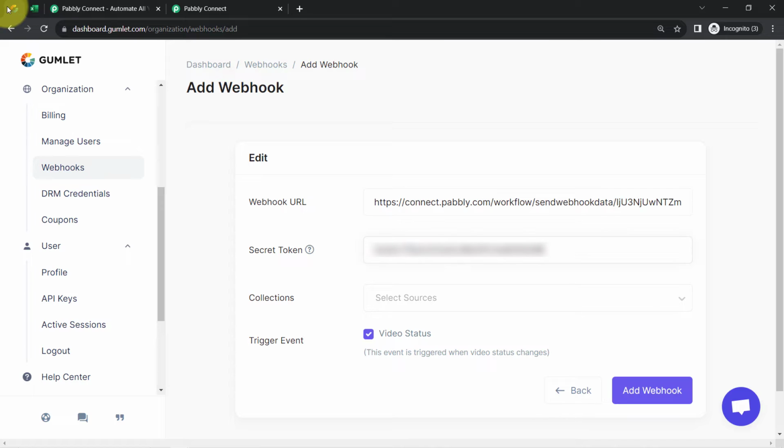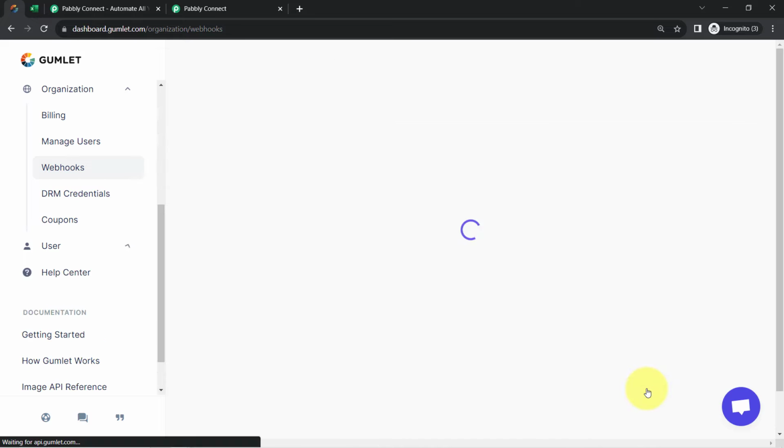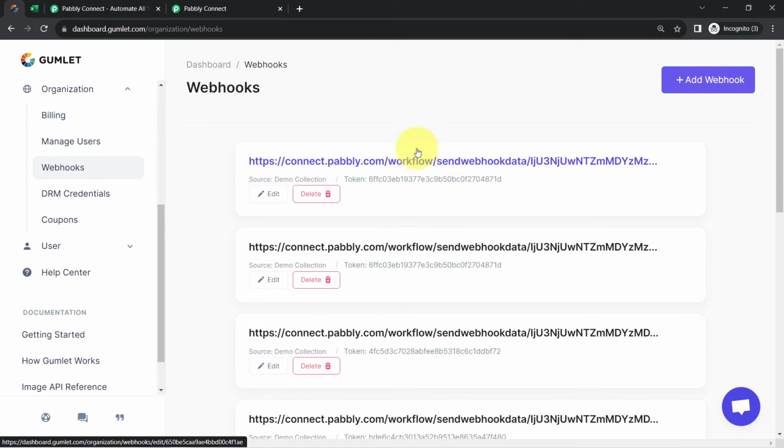Now I can close this window. Okay, asking for the collection. Because I have a single collection only, all videos will be added here only. And asking for the trigger event, well, it has got selected automatically. Now I'll be clicking on this button, add webhook, and here you will notice that my webhook URL is added